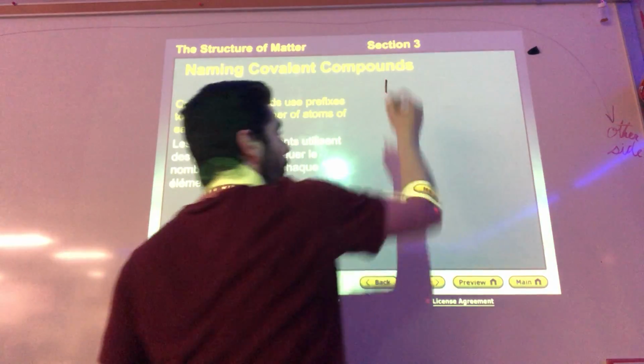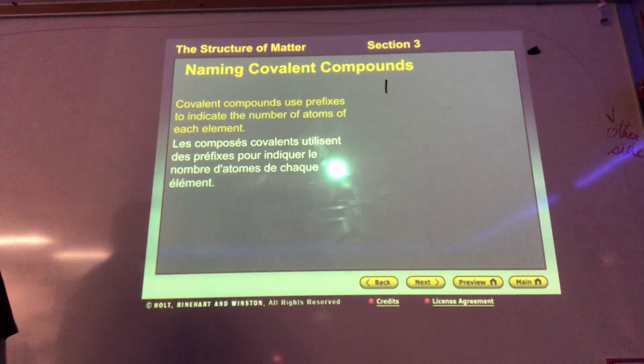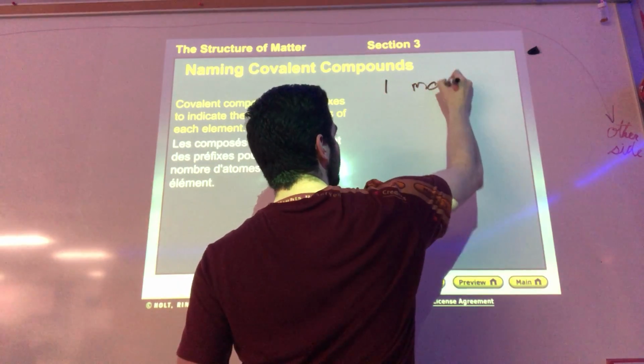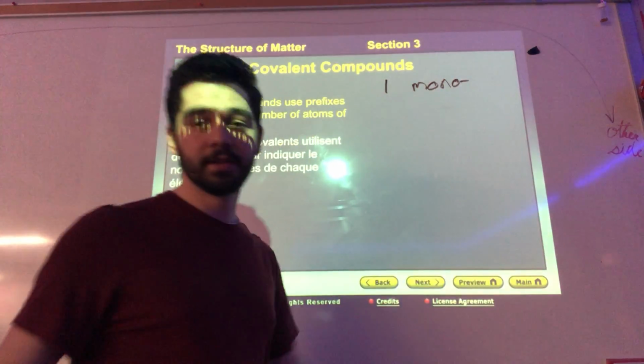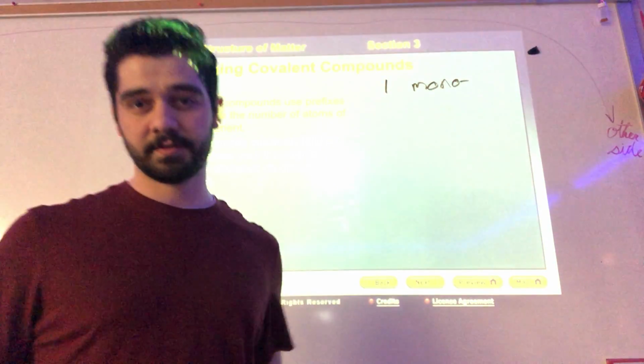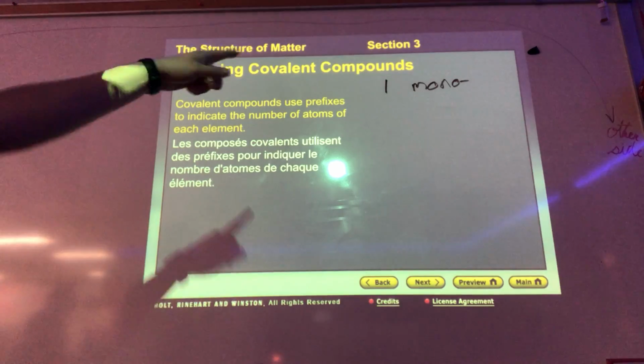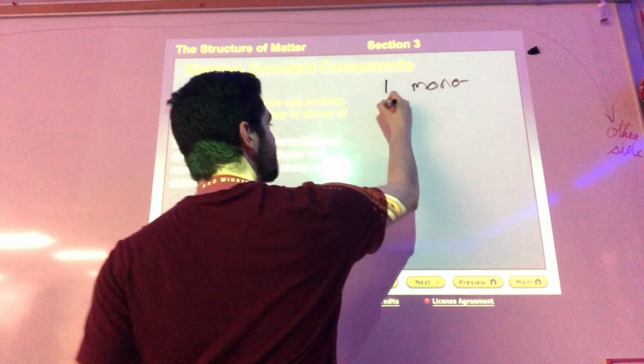Okay, if I have one atom of a certain element in the covalent compound, we're going to use the prefix mono. If you're watching on the video, write this in your notes. Mono. If I have two atoms of a certain element,